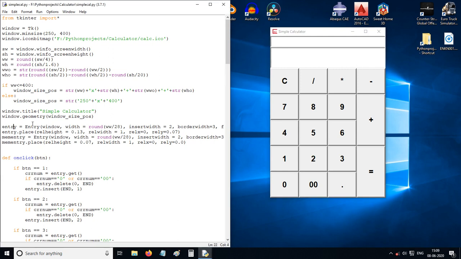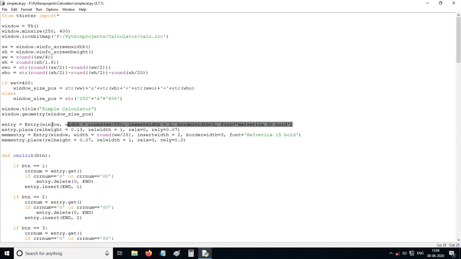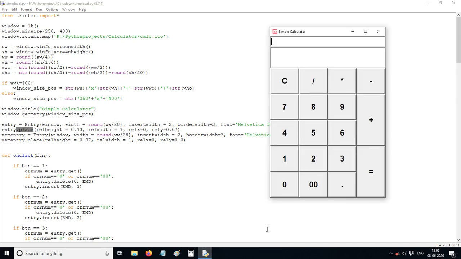Here we are defining the entry and placing the entry. I am using the dot place method. There is another method, the grid method, but I am using the place method. It is really helpful when doing dynamically scalable GUI projects.